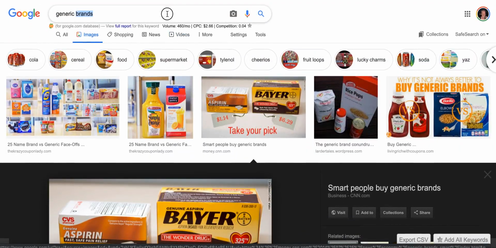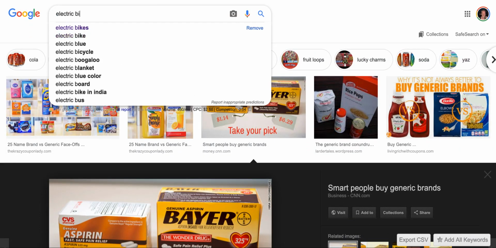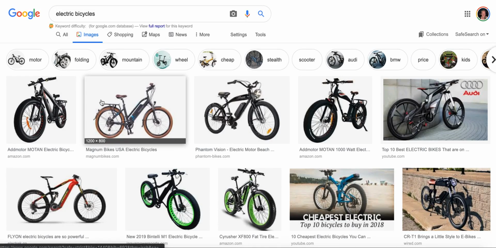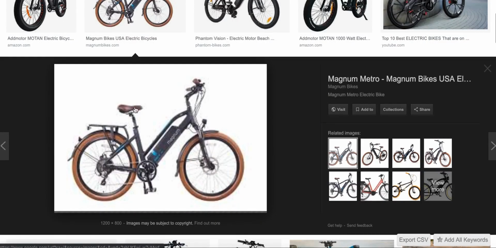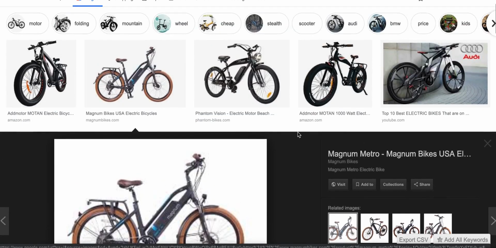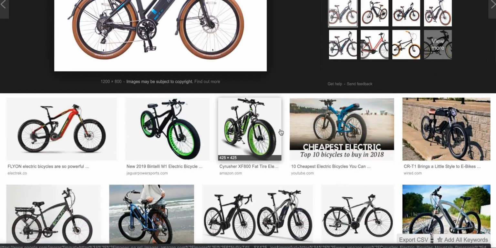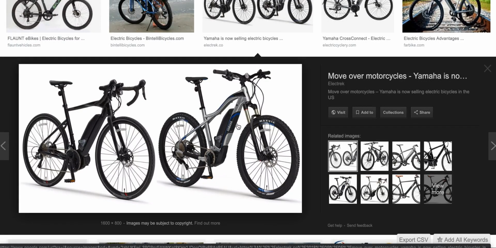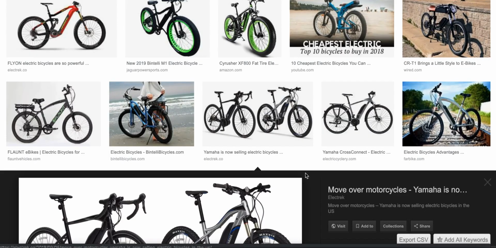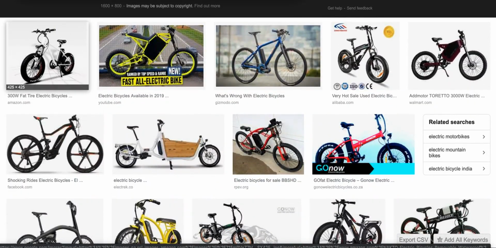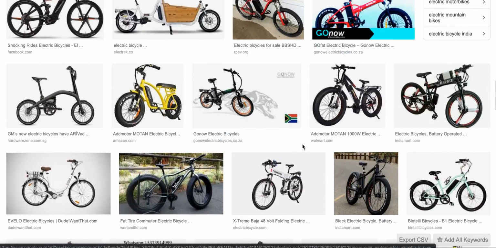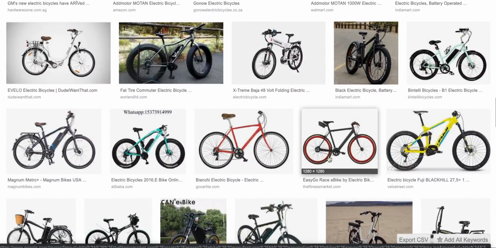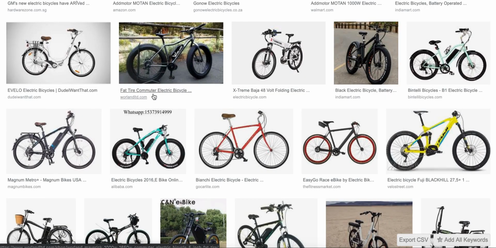And the reason I bring that up is because there are a ton of products that are made by super expensive name brands. And some of these name brands have actually formed because they were generic brands to start with. But what happened in this industry was really, really interesting. When it first got started, it was just the name brands that were selling the bicycles. And then you had a bunch of generic brands jump in and make all these bicycles and make a ton of money from them, selling through Amazon and Alibaba and things like that, and niche dropship stores.